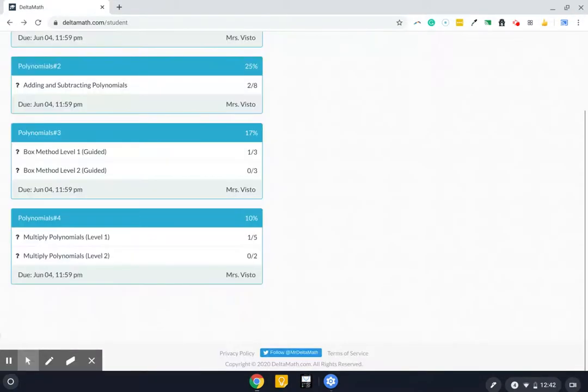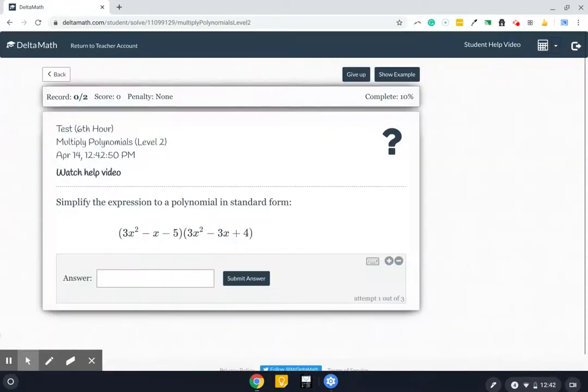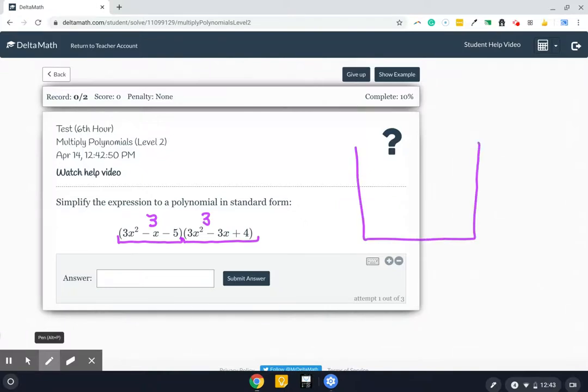If I go back, there's a second part. It's a level 2 part. And all that changes here, from what I'm seeing, is we've gone bigger. This is a 3 by 3, which means our box better be, I know that question mark's kind of in the way. I hope you're doing okay with it. We're doing our best to kind of use this as scratch paper as well. But a 3 by 3, and then everything fills in